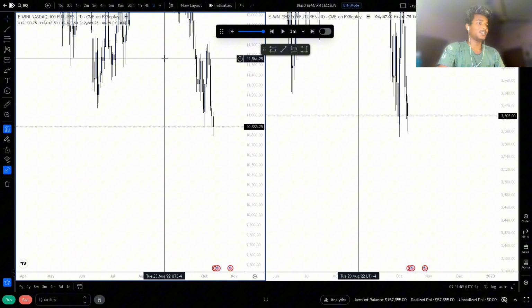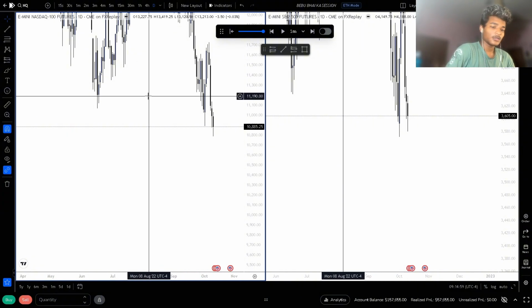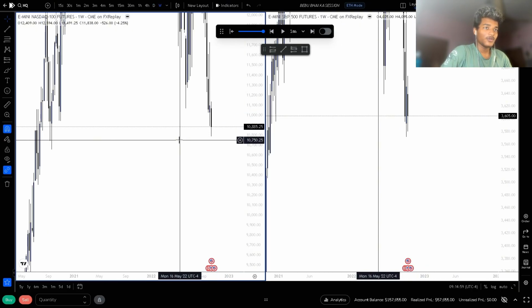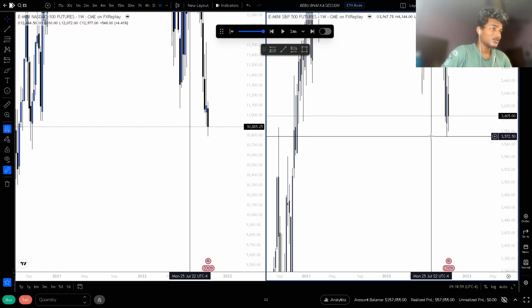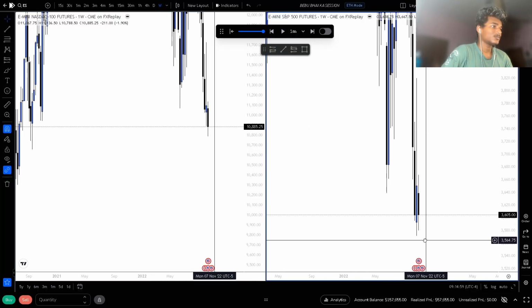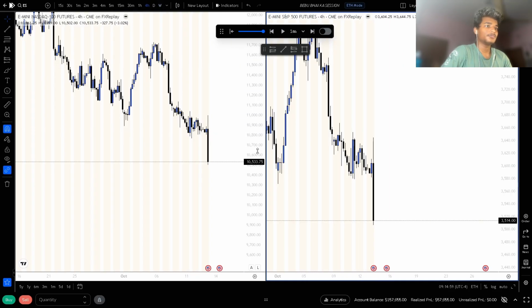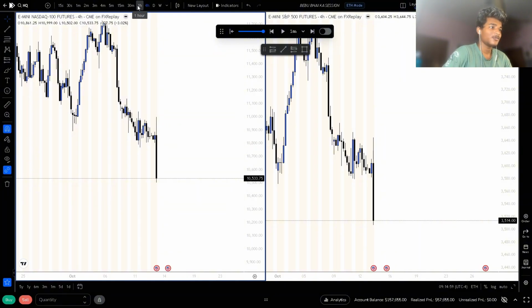Let me see weekly. Where are we standing? 1 week. And weekly we don't have any gaps to reject us. Yeah, not on ES as well. So I think we are gonna just jump lower. So the market may retrace to the upside, but overall I am leaning bearish in the 4 hour.